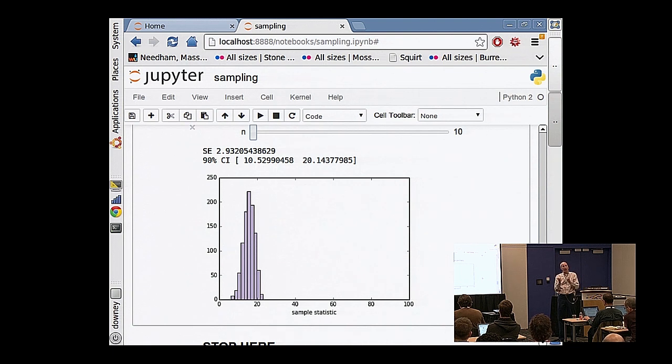The standard error might be better than the mean. So if you got unlucky and you measured a whole bunch of people who were unusually heavy, then your estimate of the mean might not be very good, but your estimate of how much variability there is in the population might still be okay. But anyway, all of this is based on models. The models can be wrong, and keep that in mind.